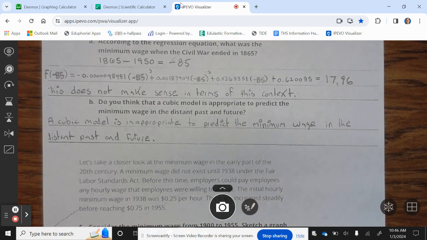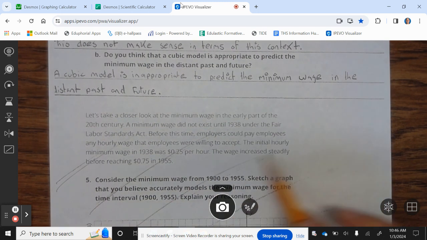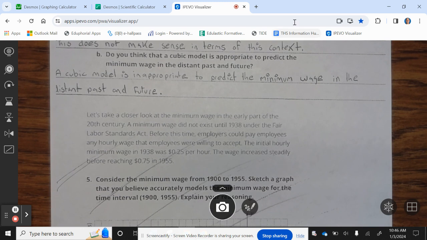4b, do you think a cubic model is appropriate to predict the minimum wage in the distant past and future? A cubic model is inappropriate to predict the minimum wage in the distant past and future. All right, go ahead and mark this off. Finish up your notes and have a wonderful Wildcat